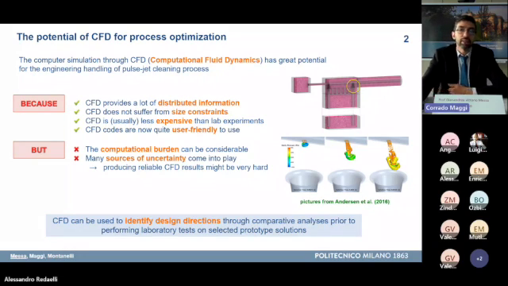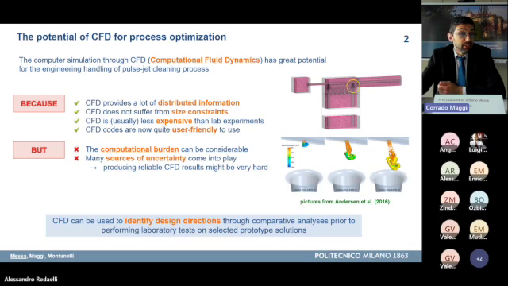And this consideration mainly arose from the well-known advantages of CFD compared to alternative, more traditional approaches, like, for instance, laboratory testing. Because CFD is able to provide much distributed information of the flow, because you get the map of the velocity vectors, the pressures, the temperature in many points and in many time instants. Moreover, CFD does not suffer from size constraints, in the sense that virtually you can simulate a small system or a big system with comparable computational effort.